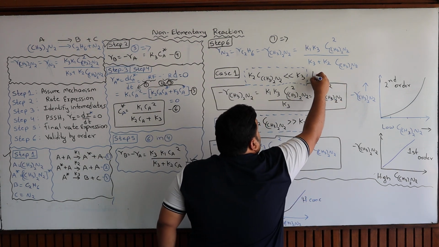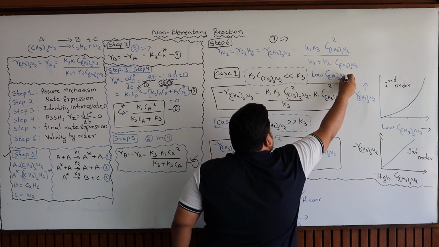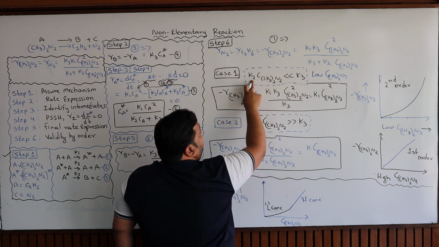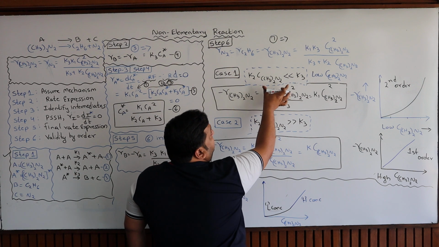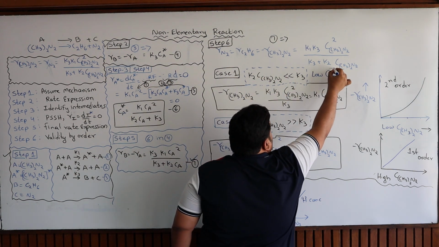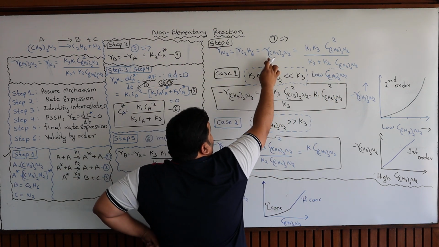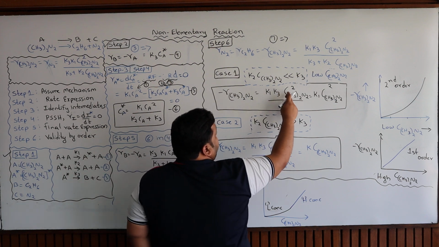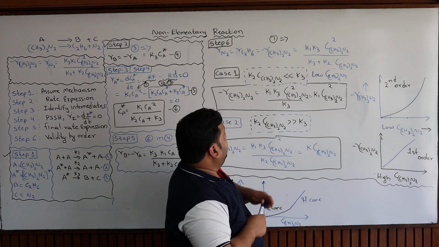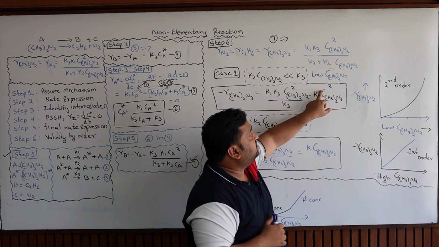So K3 cancels out, and finally the rate of decomposition of azomethane is nothing but K1 into concentration of azomethane